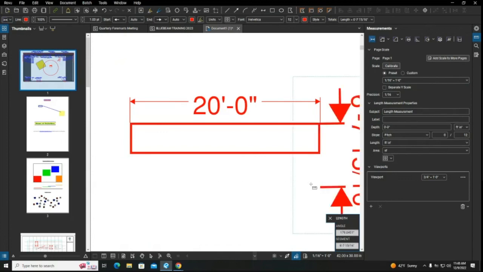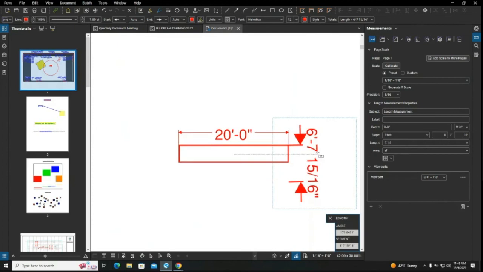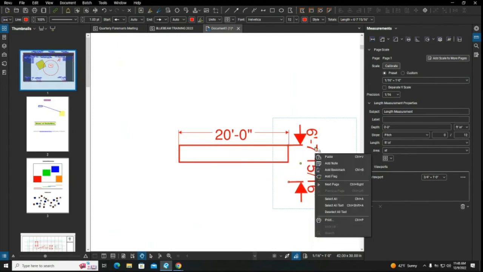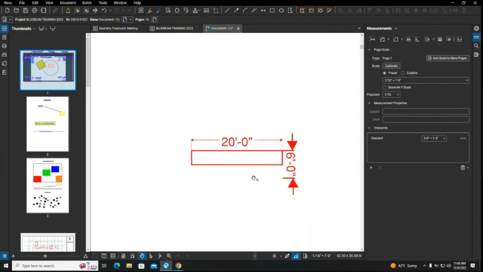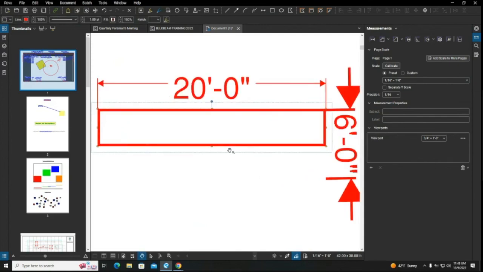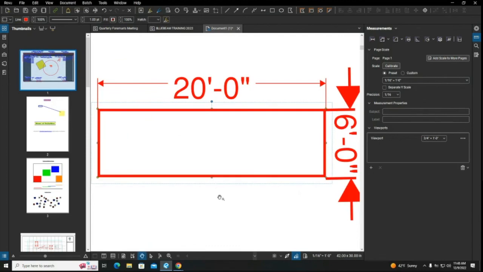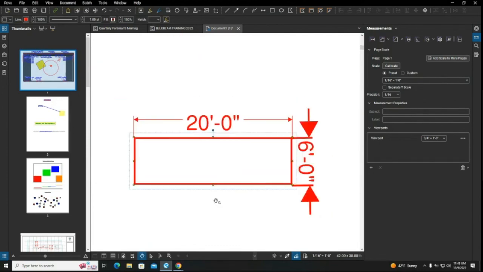Maybe I want to make this thing 6 feet, same thing. Double click that, call that 0. That adjusts the size. Now I can click my rectangle and drag this thing down until, boop. Now I'm 20 foot by 6 foot. I feel better about that because